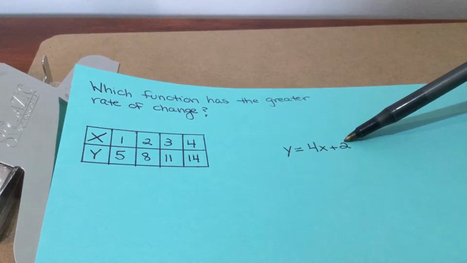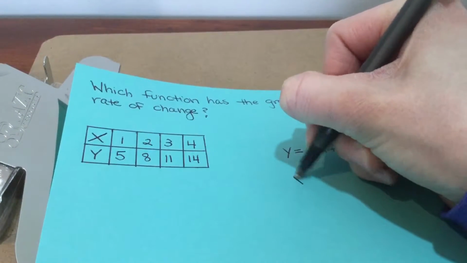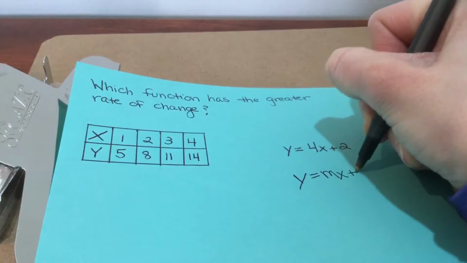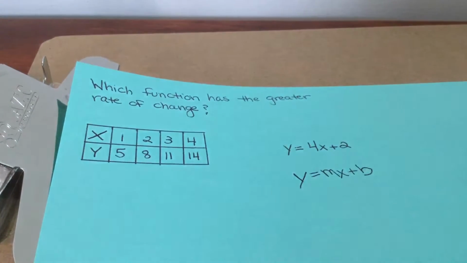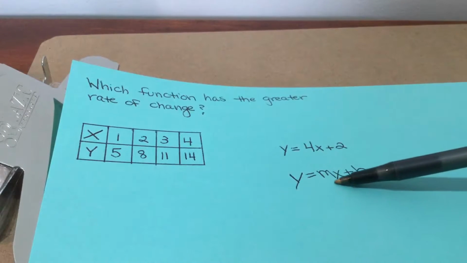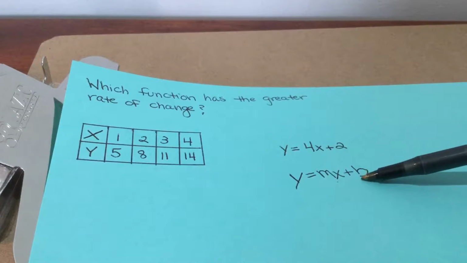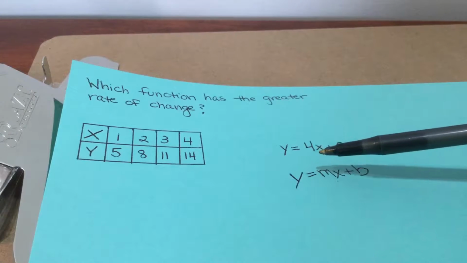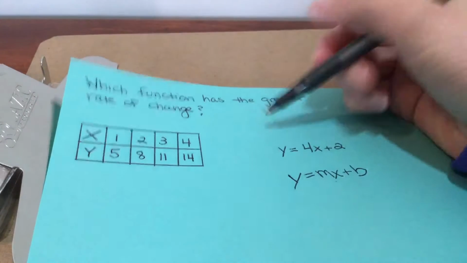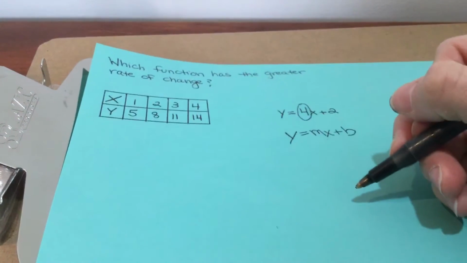Why? Because we know y-intercept form. Y-intercept form is y equals mx plus b. And when I look at this here, this equation automatically tells me my slope and my y-intercept. So if I look at this, I know that 4 is my slope, which is our rate of change. So I automatically know that the rate of change for this one